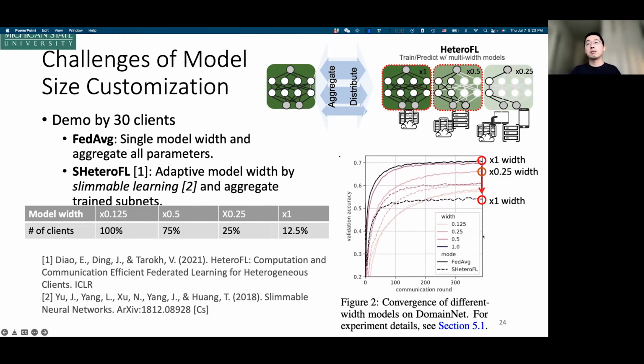So we further take a look into the training process. We check the validation accuracy during the FedRBN. We see that the dashed line is the slimmable FedRBN, the customizable learning baseline, and the solid line is the individually trained FedRBN, where we ignore the constraint of device heterogeneity.